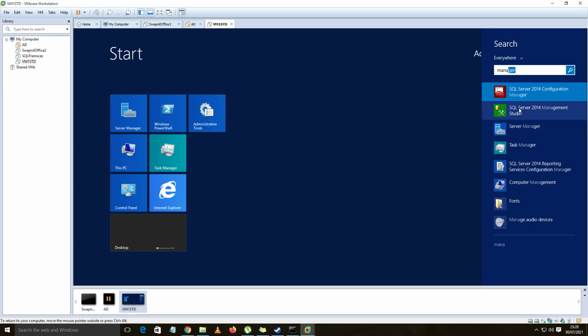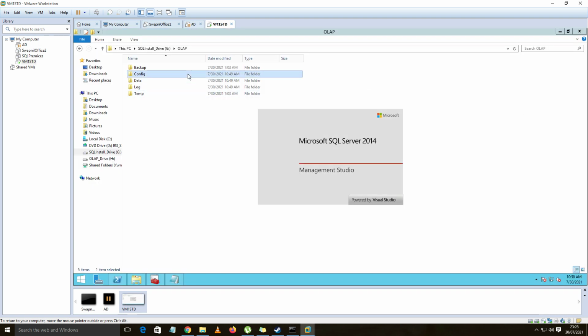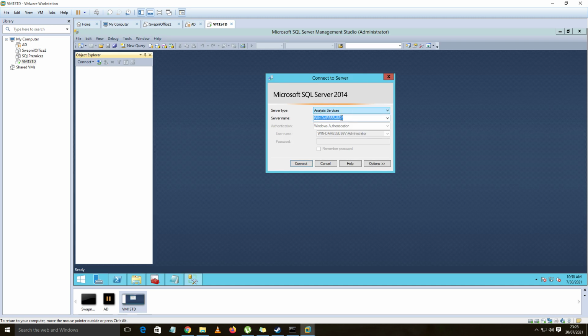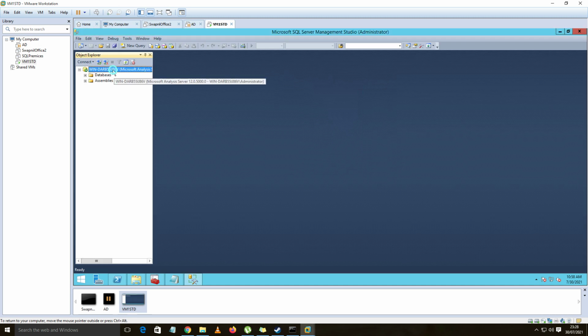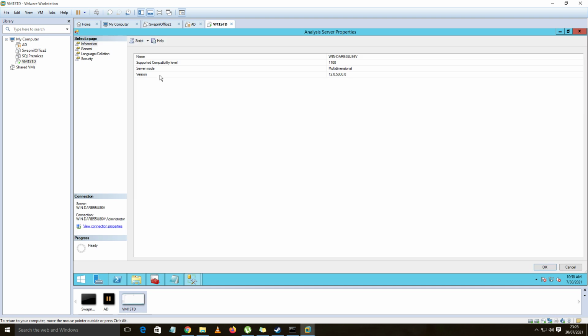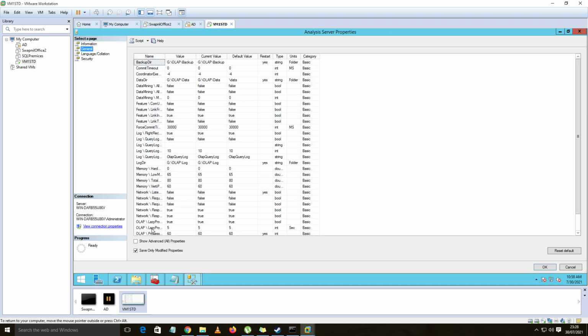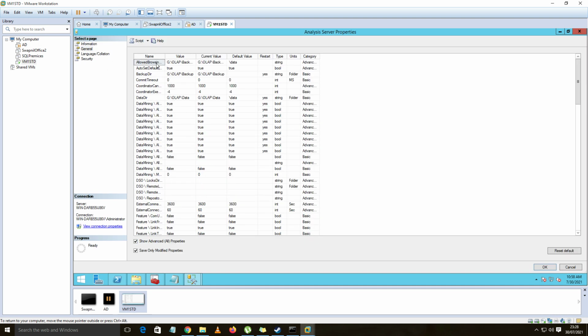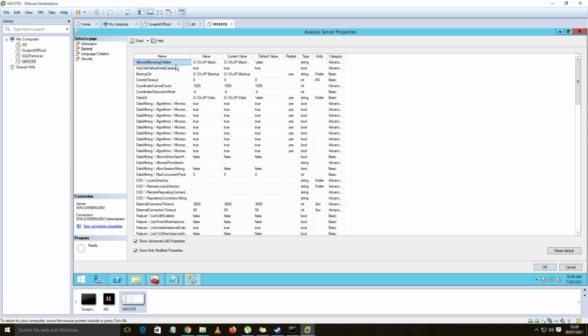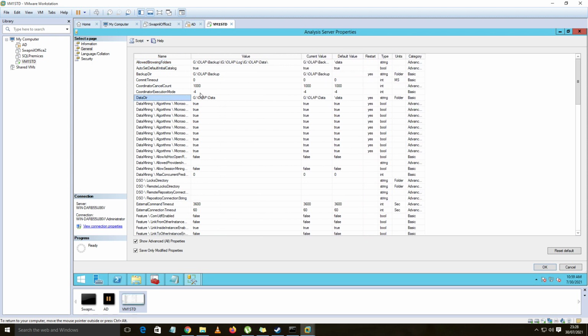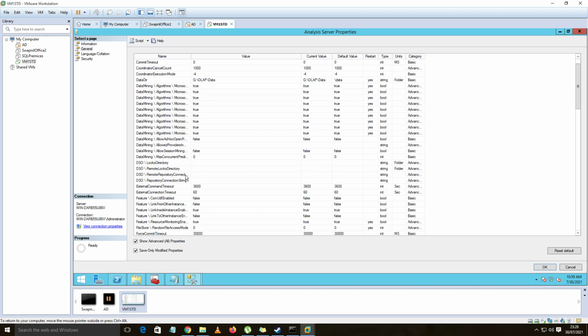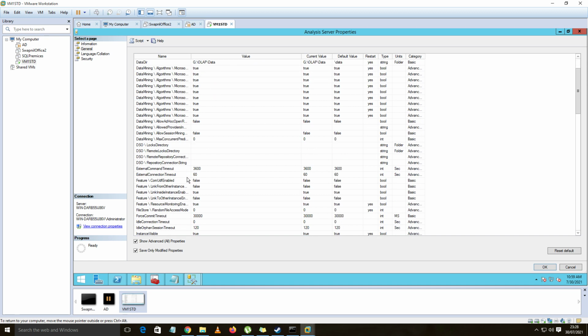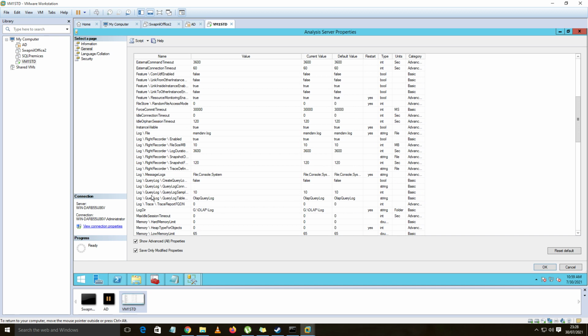So let's connect to it first, and if you go to the properties, just make it show all advanced properties. There are some parameters such as allow browsing folder, data directory, backup directory, log directory, and temp directory.